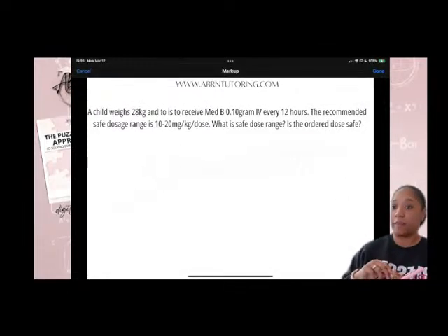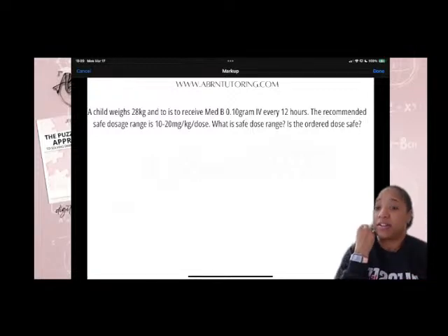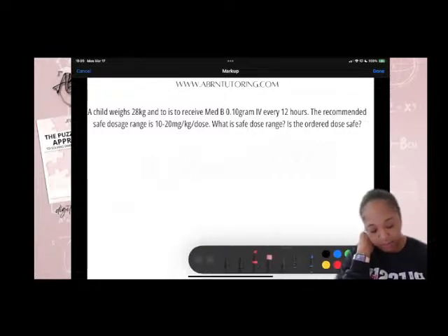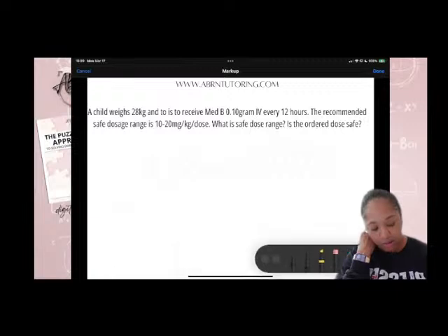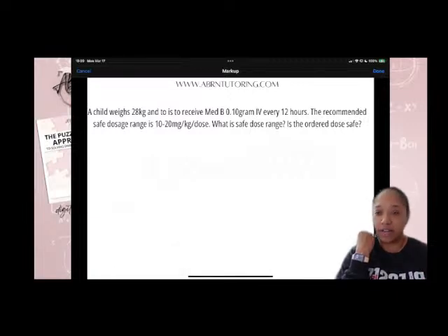Let's see. A child weighs 28 kgs and is to receive Med B 0.1 grams IV every 12 hours. The recommended safe dose range is 10 to 20 milligrams per kilogram per dose. What is the safe dose range? Is the ordered dose safe? Okay, let's break out the colors again. All right. So this one is more like your traditional safe dose ranges. Okay. So if we have the order, which is